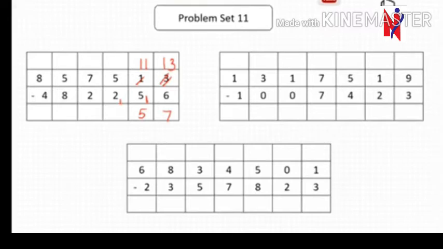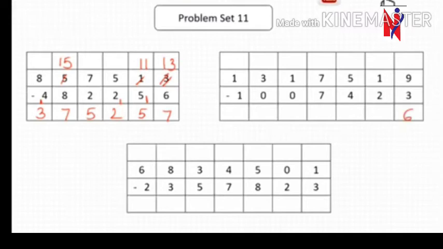Now children, you can directly minus 5 minus 3. 2 plus 1 is 3. So 5 minus 3 is 2. 7 minus 2 is 5. Now you can't minus 5 from 8. So you will directly write 15. 15 minus 8 is 7 and 1 you will write below 4. See, now 8 minus 5. 4 plus 1 is 5. 8 minus 5 is 3.